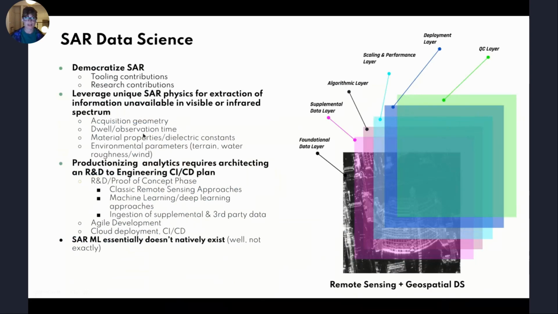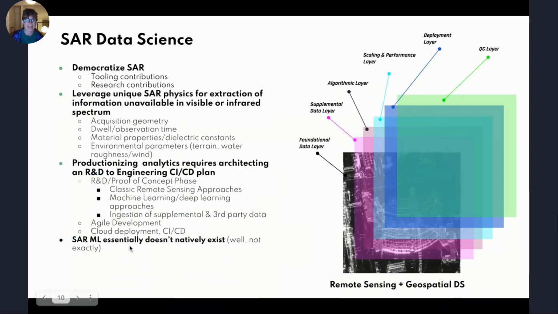With SAR, a couple of cool things is that you can control the orientation of your acquisition, and that can really impact the types of signals that you see. The other thing is that there's physics available using a SAR sensor that you wouldn't necessarily see with an optical. So you can learn things about the material properties or their dielectric constants, for instance. Dig back into the recesses of your chemistry or your physics from high school, college. There's a lot of really cool stuff here that is not really exploited. I think we're really scratching the surface largely.